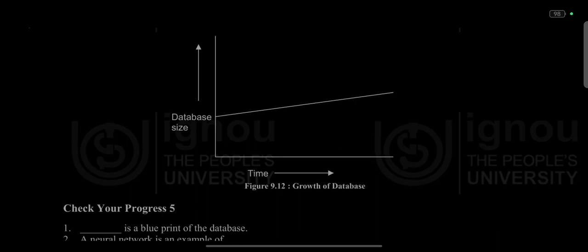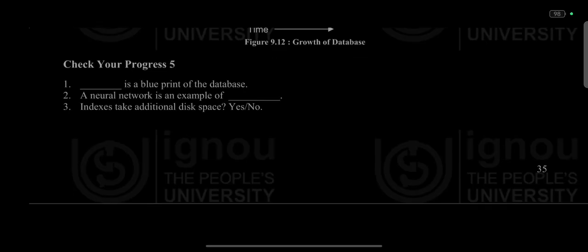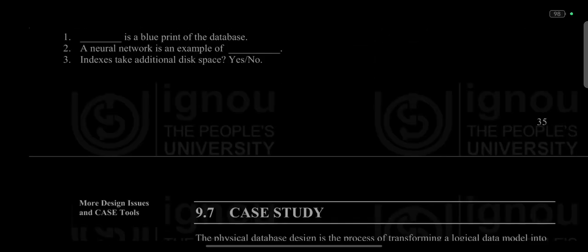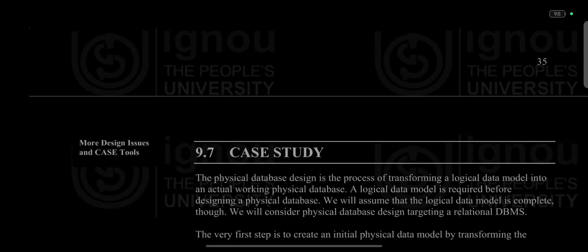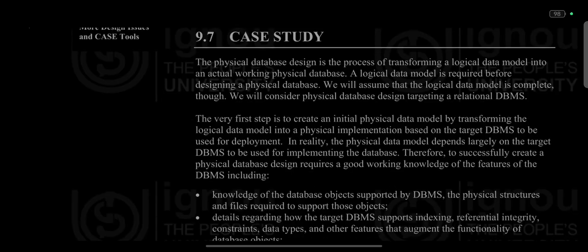So here we come to the end and check your progress is here. What is case study? The physical database design is a process of transforming a logical data model into an actual working physical database. A logical data model is required before designing a physical database. We will assume that the logical data model is complete, though we will consider physical database design targeting a relational